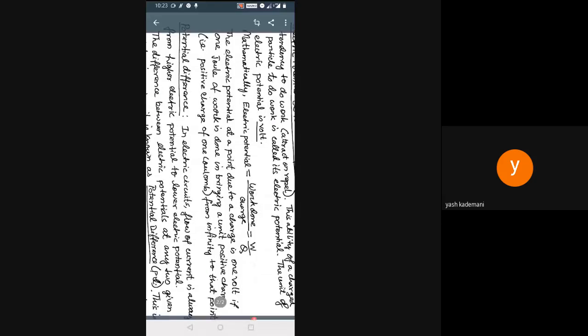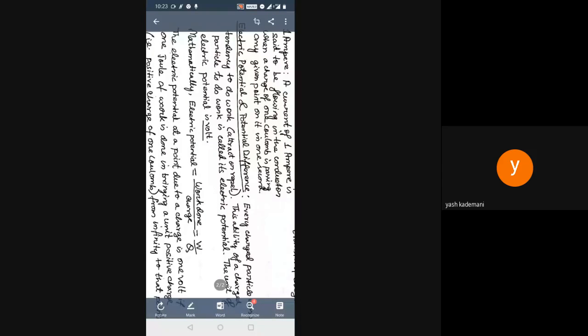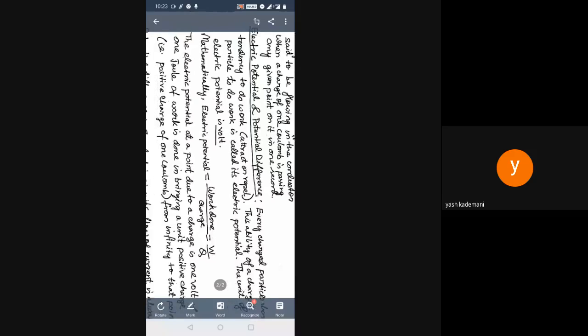Okay, so this electric potential is nothing but the electric potential of a point due to a charge, a random charged particle. For that, the electric potential of 1 volt is the ability to do the work of 1 joule in bringing a unit positive charge of 1 coulomb from infinity to that point. Okay, so this is about our unit of electric potential, which is volt. Now, the last thing